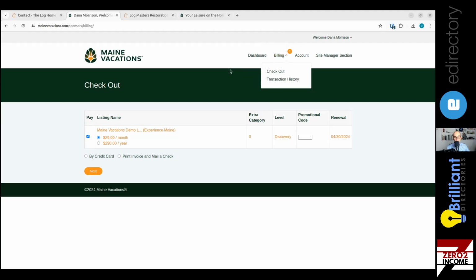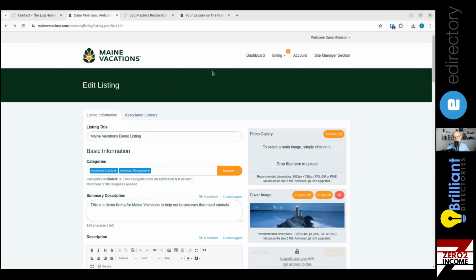I've had zero conversion with getting people to hit billing and checkout. They're like, bill me, invoice, whatever. And I'll create an invoice. I can create an invoice in the back end. So from a user experience perspective,